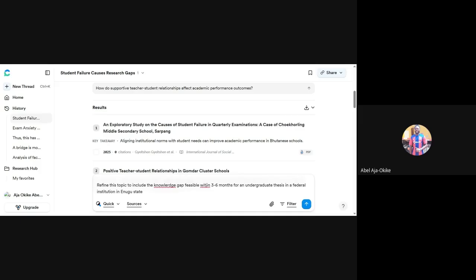So we have here refined this topic to include the knowledge gap feasible within 3 to 6 months for an undergraduate thesis in a federal institution in Enugu State.